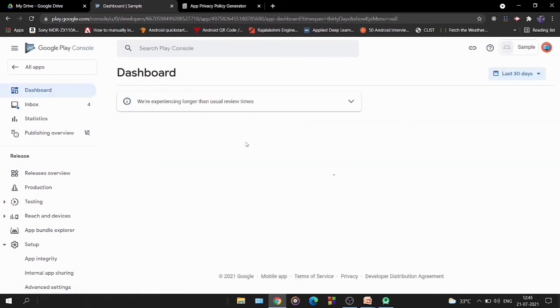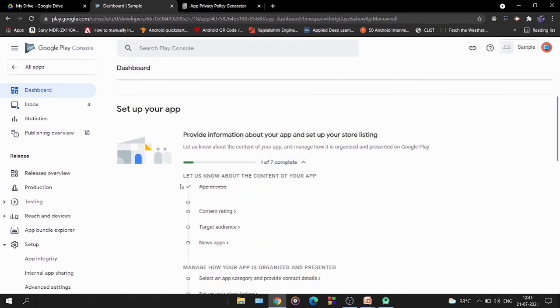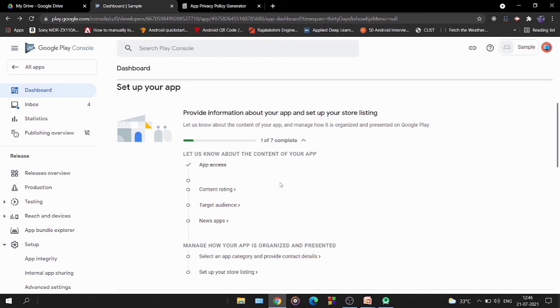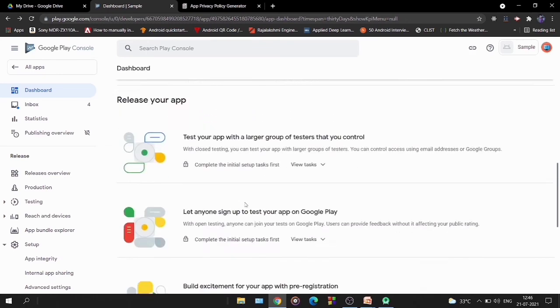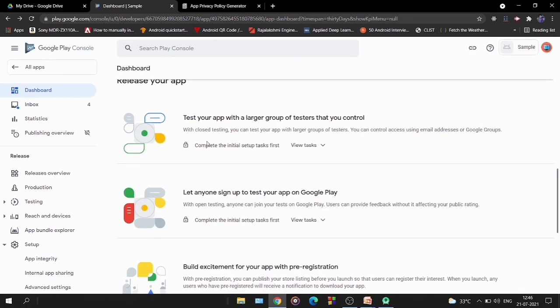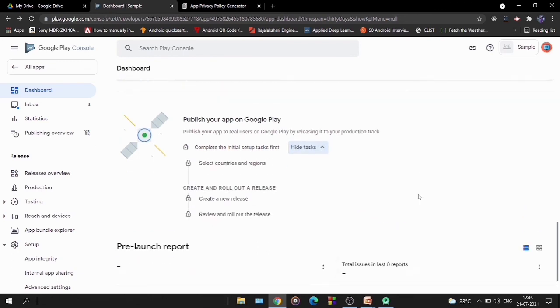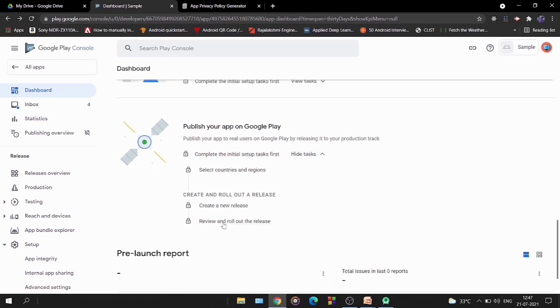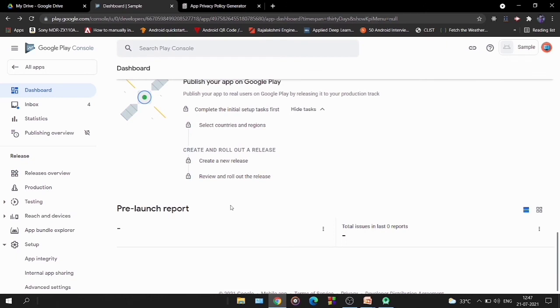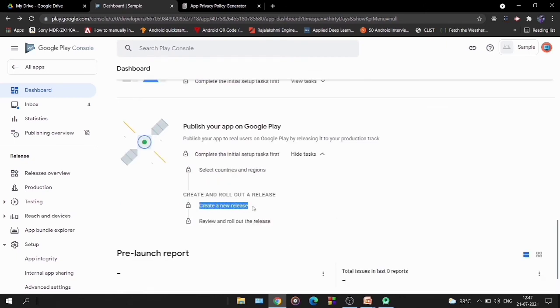So once you finish each and every step, it will show that you have completed that specific step. Once you have done setting up your application, then you're ready to release your application. So for publishing your app on Google Play Store, you can select this option and view the tasks that are under it. When you have confirmed the review of your application and you're ready to roll out, you can click on the rollout button there,